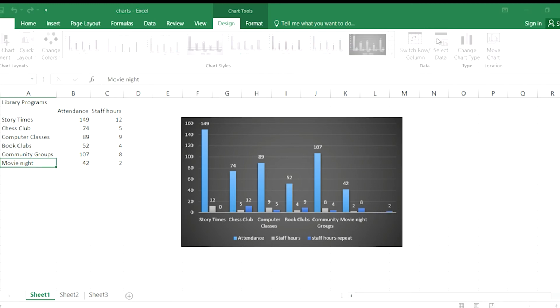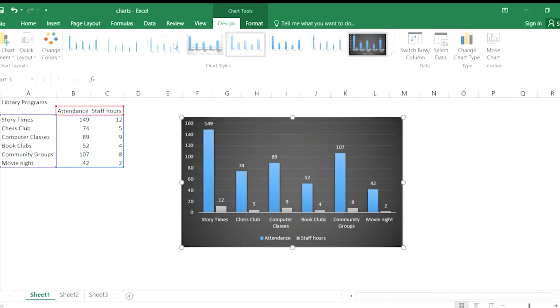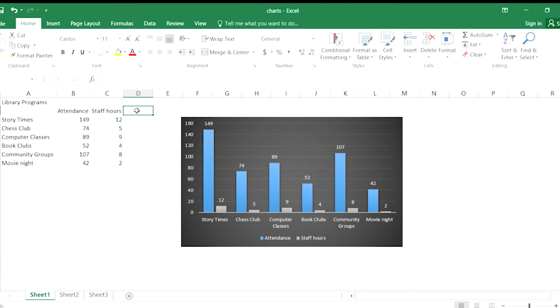That, of course, doesn't make sense with this data. We don't need to duplicate anything, so I could select this and choose remove. So that way we can use the select data to add and remove things. So if we came along here and put in cost and typed in some dollar values,